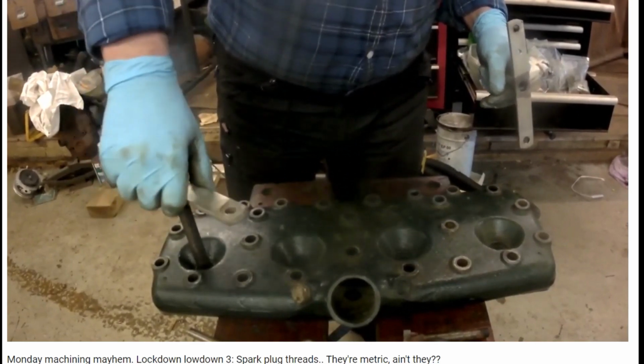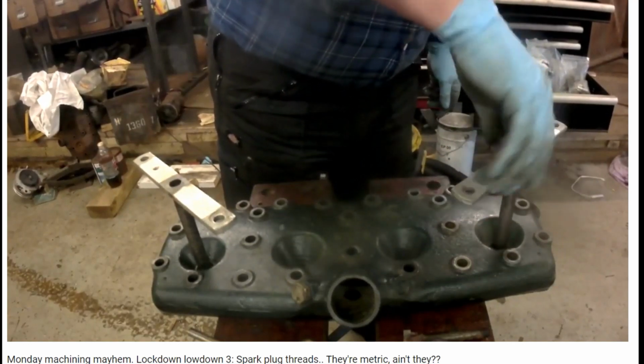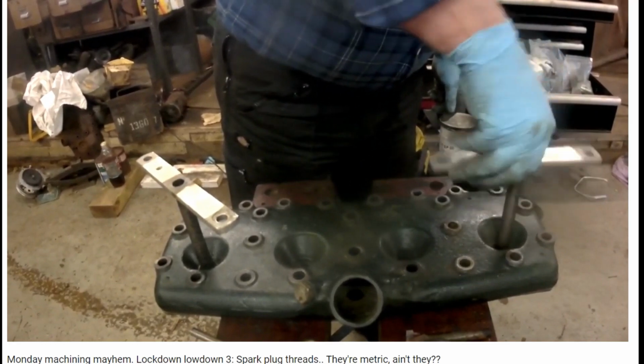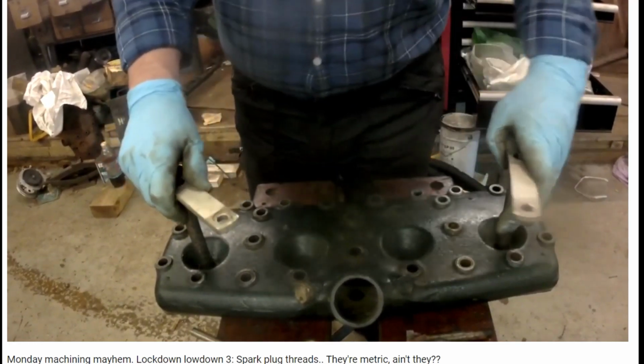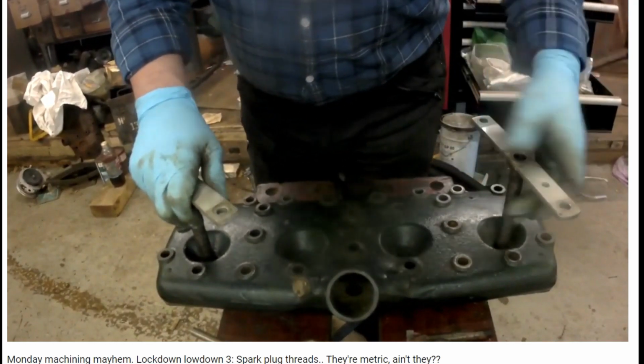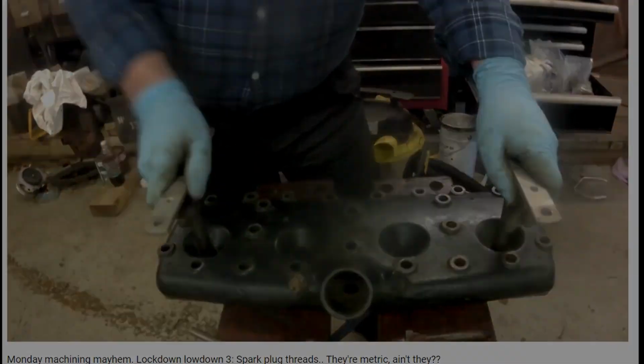If I was doing them again, I'd do the threads a bit tighter, but anybody who's used a lathe for doing that sort of thing knows that you can't take them in and out to test them. That's come quite nice, that one. That one's not square, but